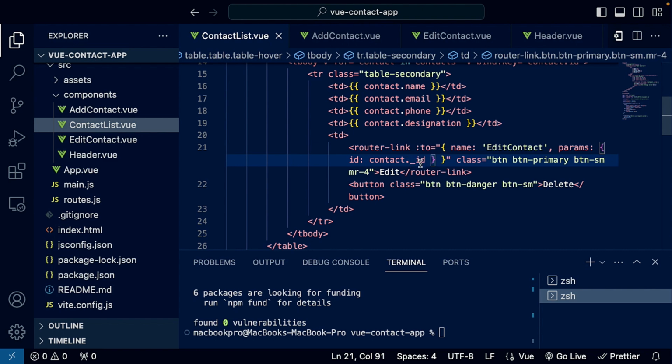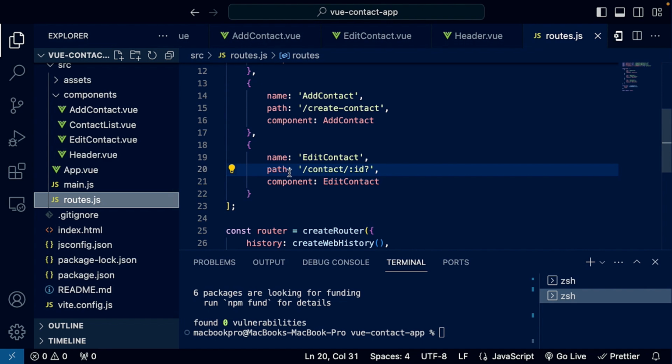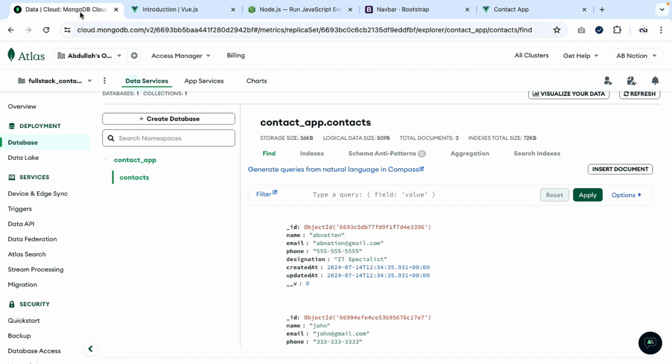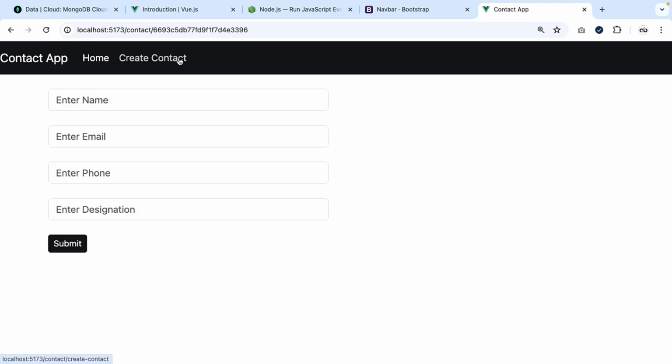And this is what is coming from the routes, which I'm going to show you. Again, this is the name route. So let's go into the routes.js, and that's where you see. So this is the added contact, and this ID, again, I'm going to show you. So this _ID is coming from the collection of the MongoDB. So there you see, this is the _ID, and this is the ID we're going to pass into the added contact. So if I'm going to refresh this and go into the edit button, and now you see